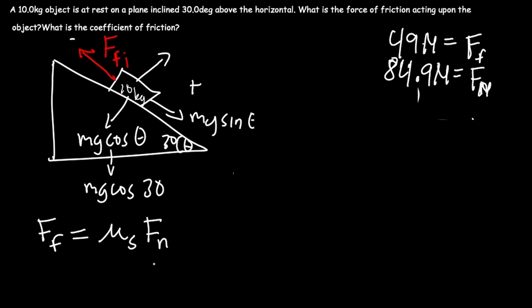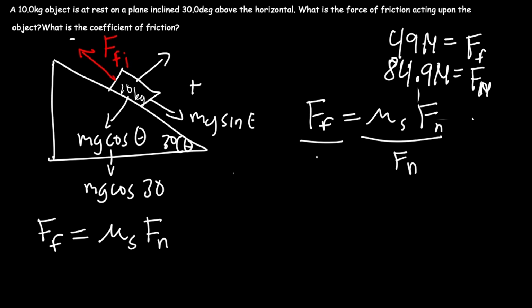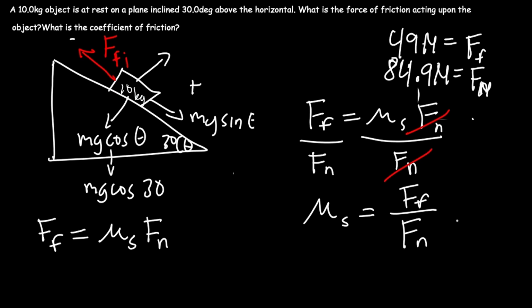So, now we can use this formula, which is f sub f is equal to the static friction coefficient times Fn, and we can isolate this mu by dividing both sides by Fn. So magkakaroon tayo ng cancellations. Therefore, mu is equal to f sub f over f sub n, and we can